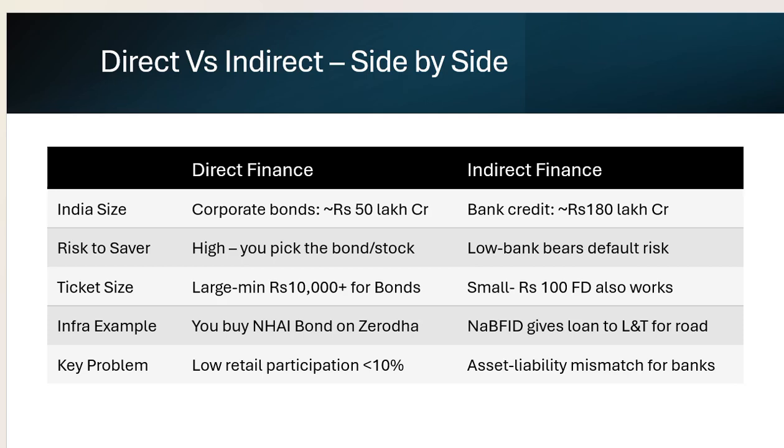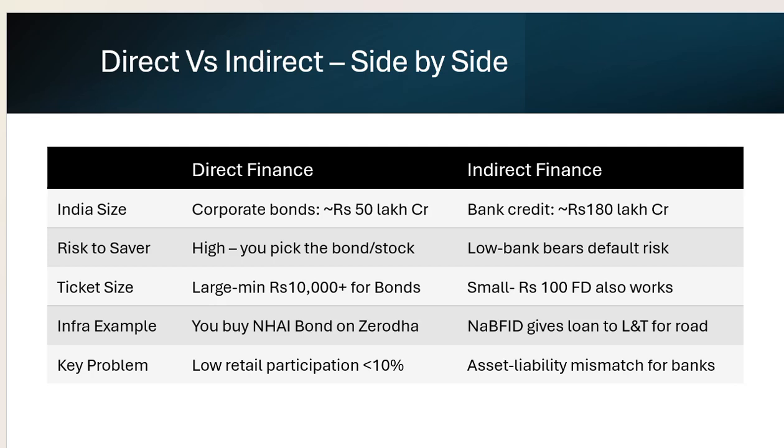So in direct finance, the ticket size to buy the initial bond papers is 10,000 plus. It requires a huge amount of ticket to buy finance from the direct way. And if you go the indirect way, you just need 200 rupees for an FD, or any amount lower than that for the bank. You just do the FD, or you just keep your amount in the saving account,